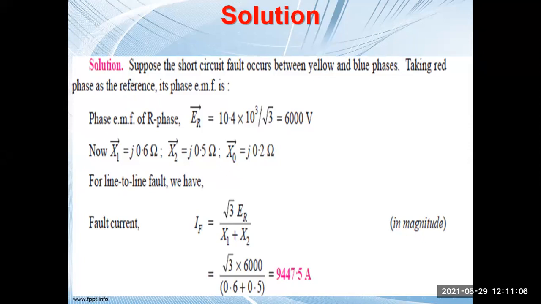Yes, sir. You have to understand first how those formulas are derived. Okay, for these three kinds of fault: single line to ground fault, double line to ground fault, and line to line fault. These three cases, how the formulas are derived, and based on those formulas, what are the formulas we require for the actual numerical problems. So those formulas you have to apply in the numerical problem. So you have to remember those formulas.